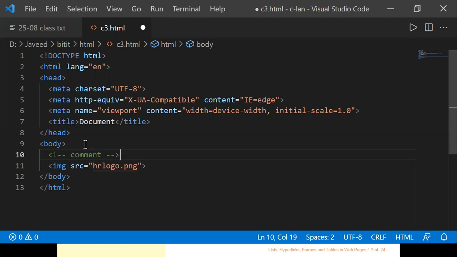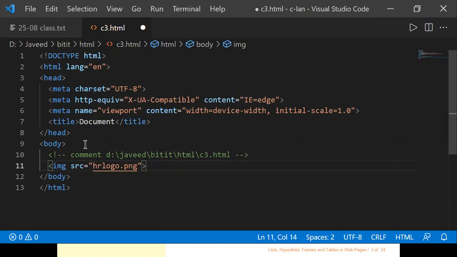Okay. So where exactly is my file present? My file is located maybe in any drive, whatever it is. Then we have a folder. Okay, let me write the full path there. The full path is, it is available in the Javed folder, the bit slash html. There my file called c3.html is there. This is my path. Now when I'm not giving any path over here, that is, I'm just giving the file name, then it will try to load my file from that folder called html.